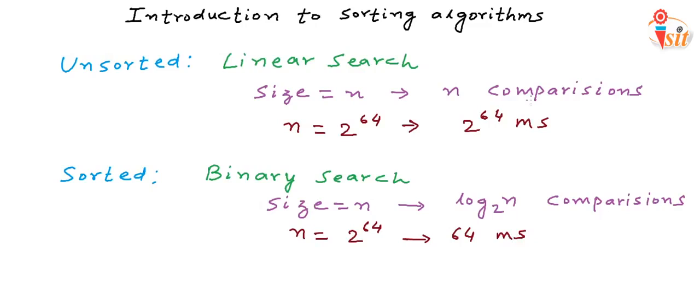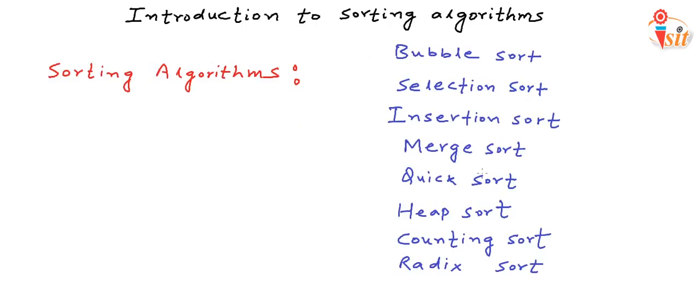Sorting as a problem is well studied, and a great deal of research has gone into devising efficient algorithms for sorting. In this series of lessons, we are going to study, analyze, and compare these sorting algorithms. Some of the sorting algorithms that we will be analyzing are bubble sort, selection sort, insertion sort, merge sort, quick sort, heap sort, counting sort, radix sort, and this is not all. There are more, and you can imagine how important sorting as a problem is. We have so many algorithms for sorting that have been designed over a period of time.